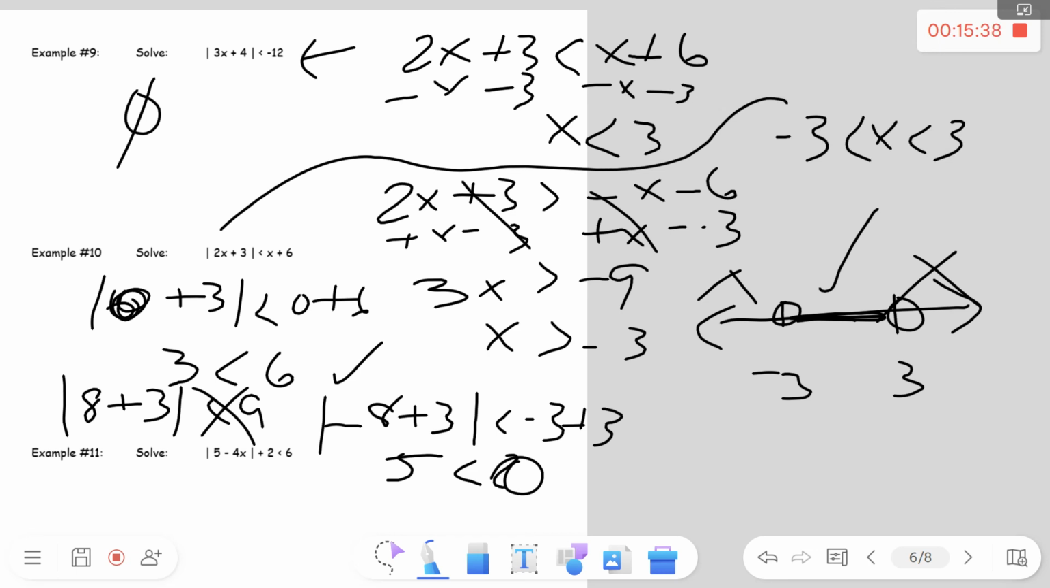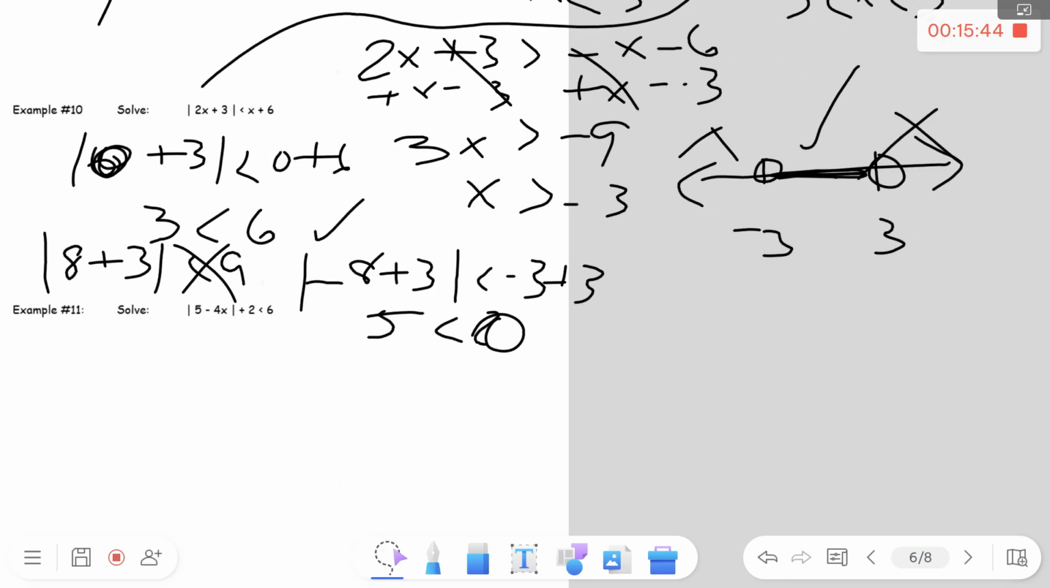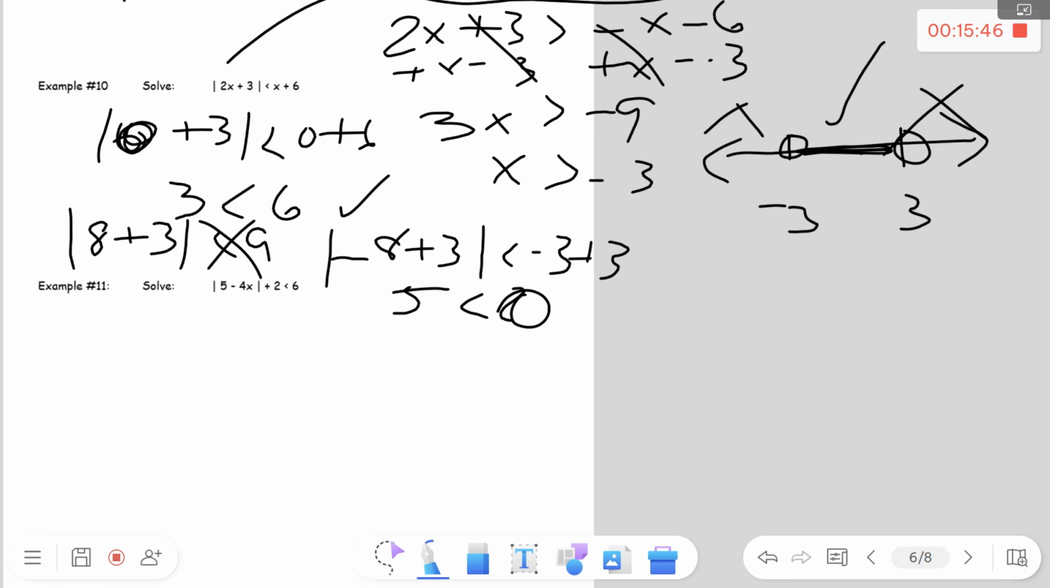Okay? Number 11 here, see if I have some room. Maybe I can move the page a little bit. Sorry. See if I can move this. There, I'll just move that like that. Who cares? Okay, here we want to go, it's 5 minus 4x. Now that plus 2 has got to move. That plus 2